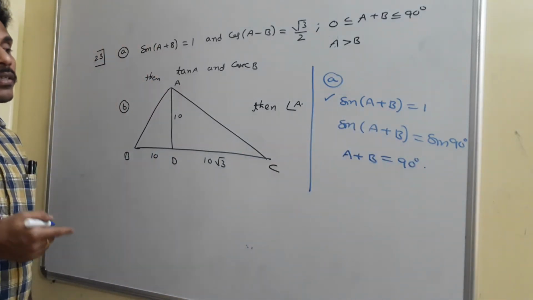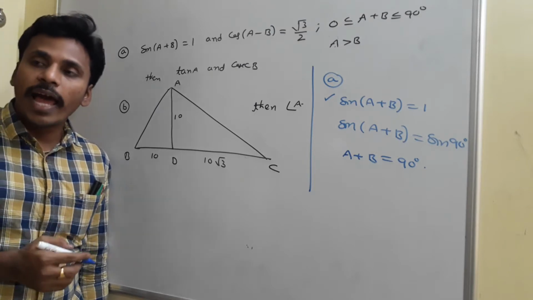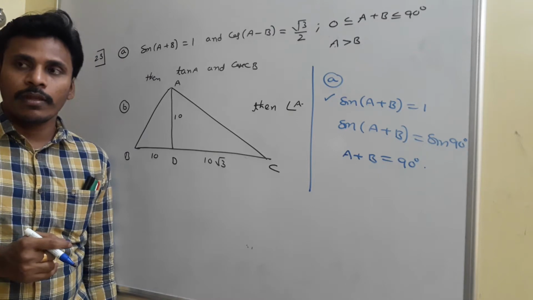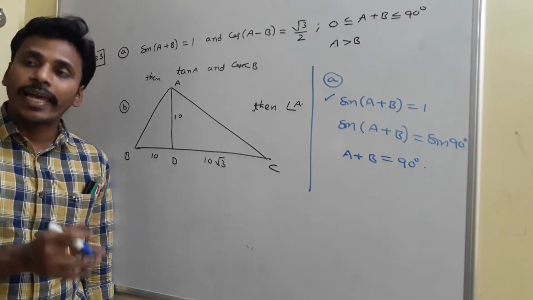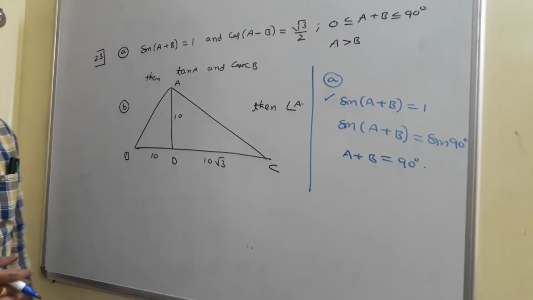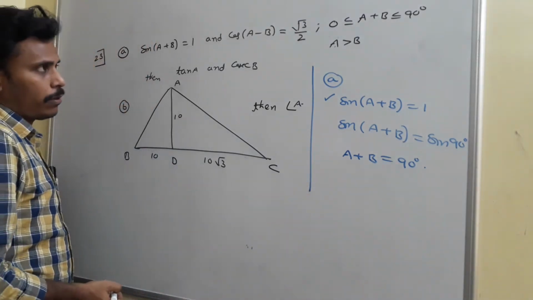Yeah, we learnt in previous classes that the sin value is 1 for all the angles which correspond to the positive y-axis. If the positive y-axis is the terminal ray for an angle, then for all those angles the sin value is 1. But in particular here, since they mentioned that a plus b is less than 90, then a plus b is equal to 90 is acceptable.